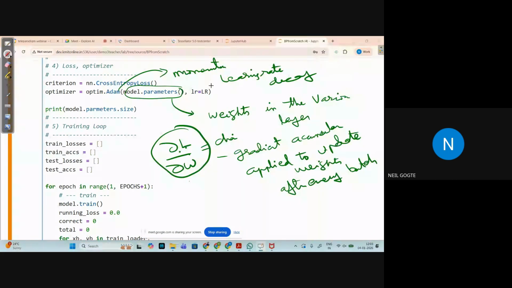The update applied in this batch doesn't depend only on the computed gradient of this batch, but also includes the computed gradients for the previous batches, and all of that is being taken into consideration by the Adam